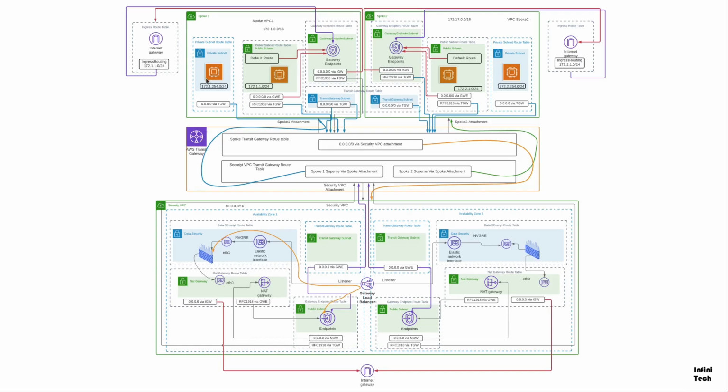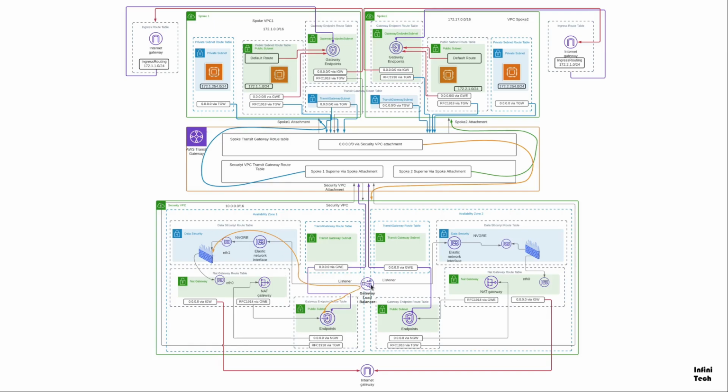To achieve the routing for internet traffic, the traffic from the EC2 instance gets matched against the route table. This has a quad 0 route pointing at the transit gateway. The traffic lands in the spoke VPC route table, which has a default route of quad 0 pointing at the security VPC attachment. Traffic lands in the security VPC in the transit gateway route table. The transit gateway route table has a quad 0 route pointing at the gateway endpoint. The gateway endpoint is the revolving door that takes the traffic received from the transit gateway attachment to the firewall.